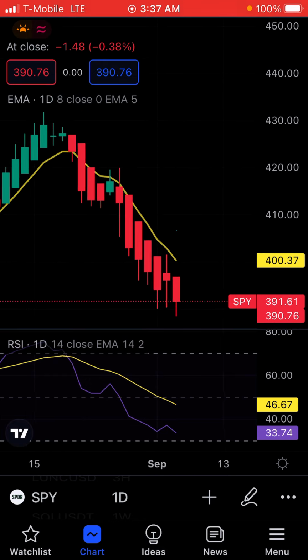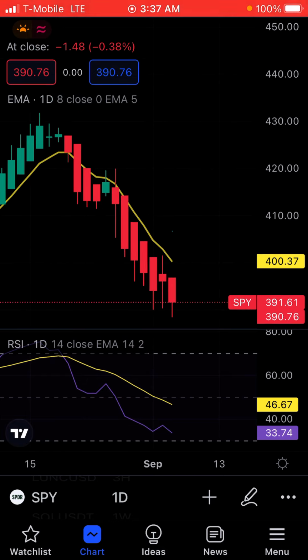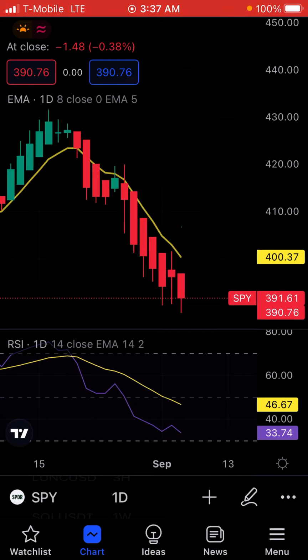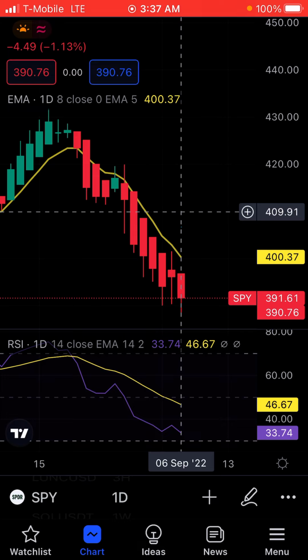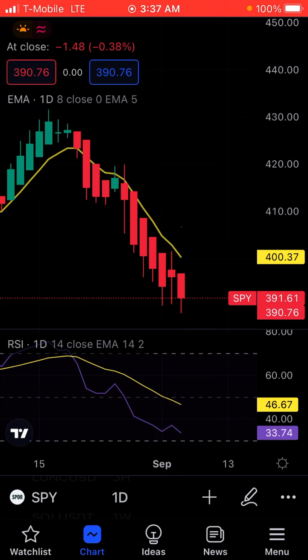What I kind of want to talk about is my strategy, and I try to talk about this over and over again. I only trade on the day. I do look at the hour and all that, but just to see where it might go today. Basically, my strategy is I just use the 8 EMA, 8 moving average exponential.